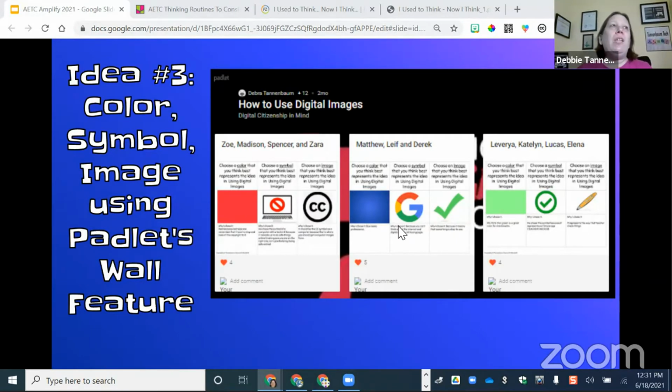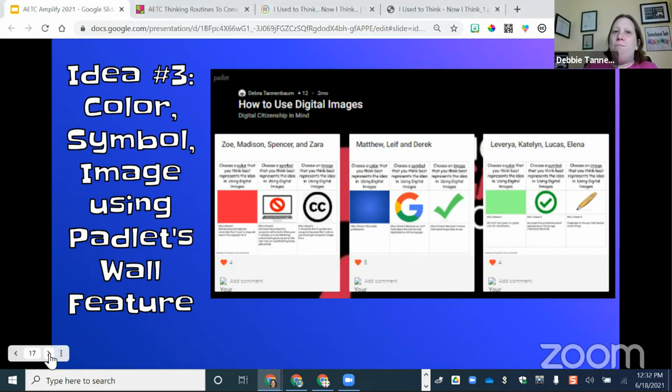One of the things that's really important is making sure our students know that all of their voices matter and that they will have differing opinions, and that's okay. In this one, I did allow them to have some comments because there were some differences, and the like feature. Like I said, that's a personal choice. That isn't the big deal. The big deal is everybody can see each other's thoughts regardless of their location.